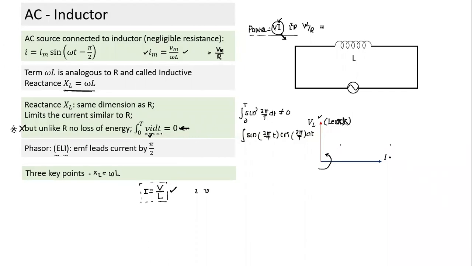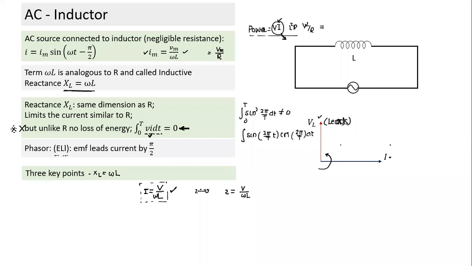So this equation is written. We arrived at this equation, and because we are using Vm by omega L, I write three things in a similar way. This is in terms of maximum value. I can write values in terms of RMS value, and something third one. If I write instantaneous terms, will i be equal to V by omega L? Sorry, I missed this omega term.